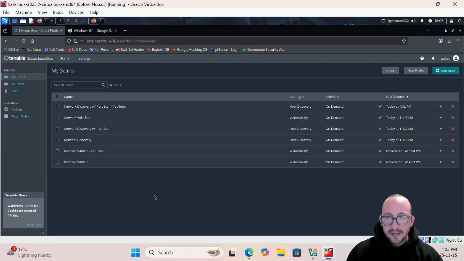Now, the bigger difference is going to be with the Windows Server 2008 R2 machine. I find OpenVAS with the community feed does not find as many vulnerabilities as Nessus Essentials, which is why, if you're going to be using this in a work environment, I would definitely recommend Nessus Essentials. Or if you're going to go the paid route anyways, you can go the paid OpenVAS route with the enterprise feed. But honestly, for the price difference, I find the UI of Nessus Essentials a lot nicer to work with,